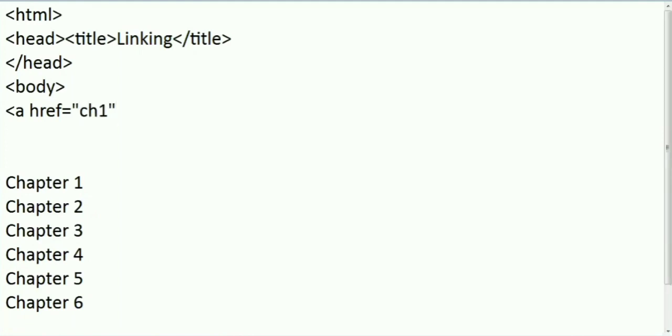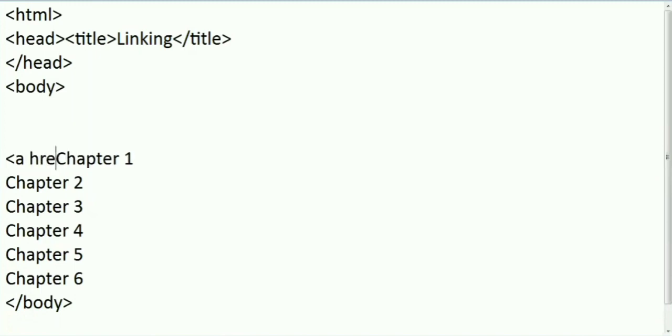You will use the hash symbol here. For chapter 1, I have used the anchor tag with href, and I have assigned this anchor tag an ID. Here I have assigned the ch1 ID to chapter 1.